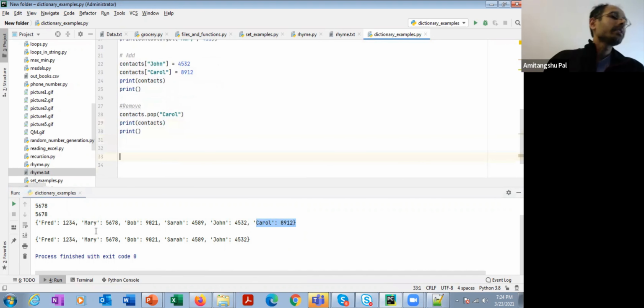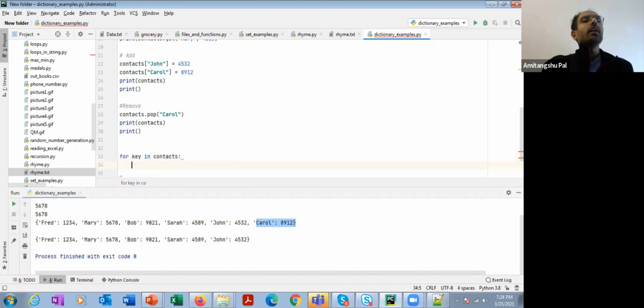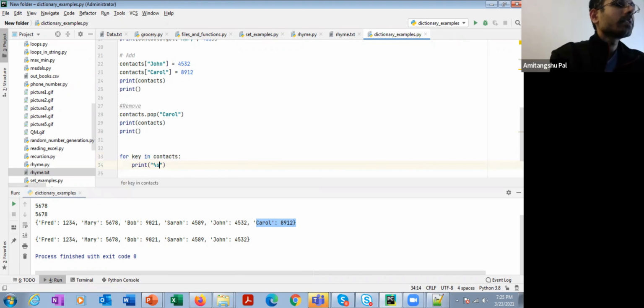Now suppose I want to print the details in each and every line. One line will give me the details of one key and one value. How can I do so? It is pretty simple. For key in contacts, I'm going to print the key, and next I'm going to print the value, so key and the contacts corresponding to that key.